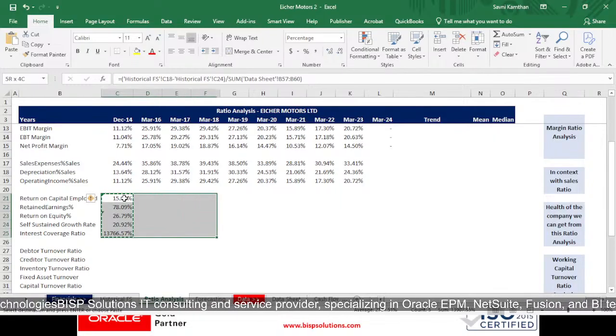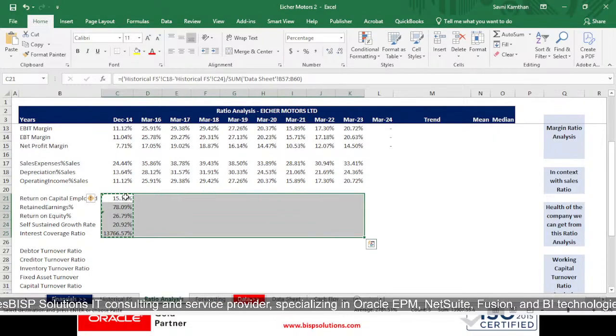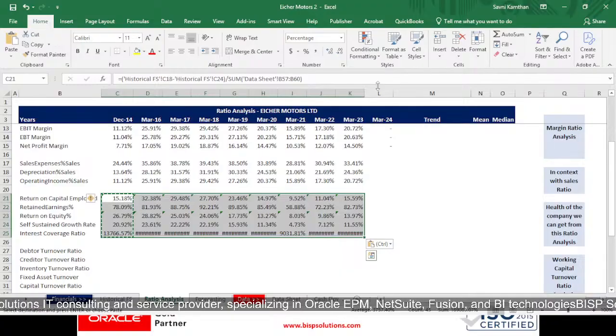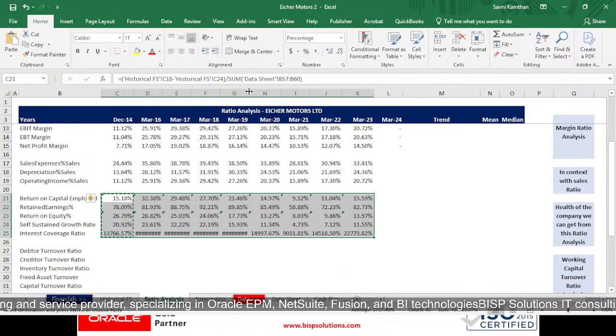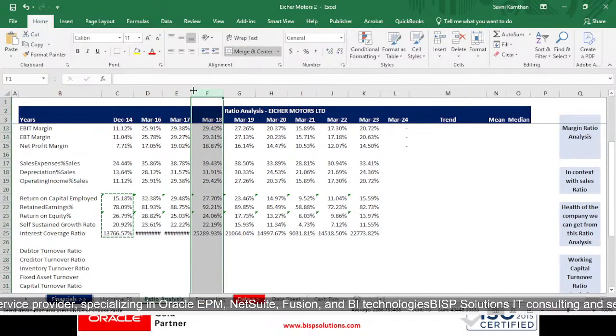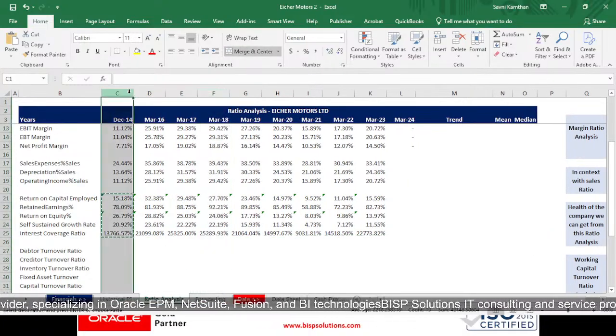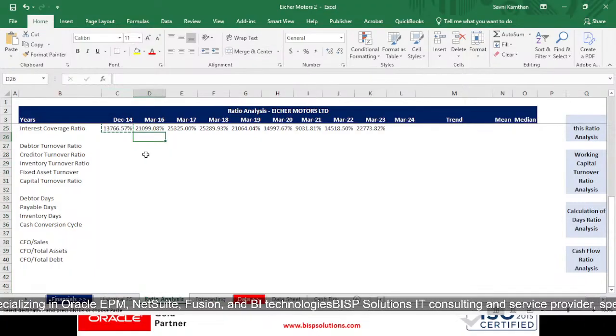Control plus C and dragging it till the March 23. Now coming to our